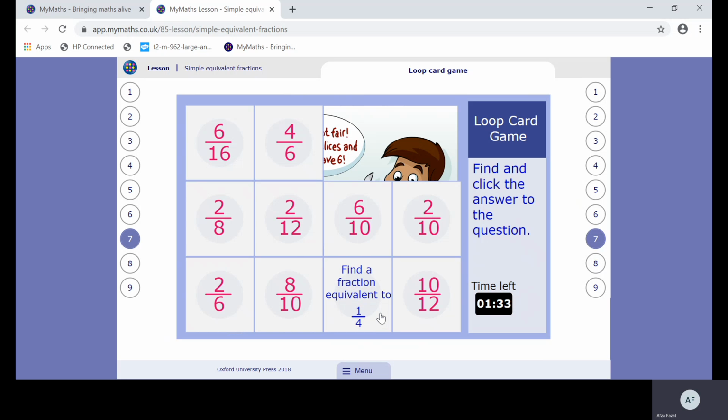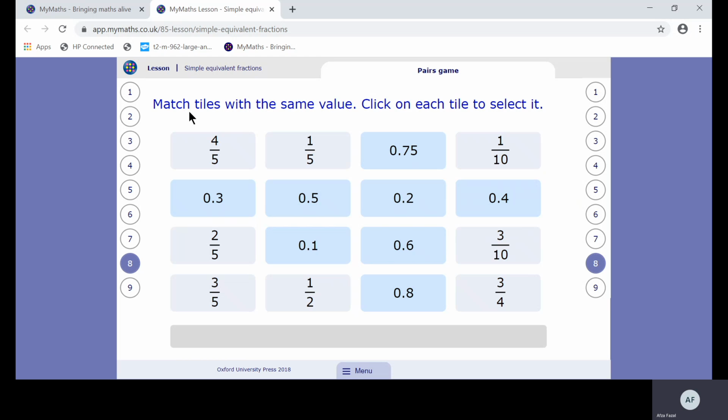Find the equivalent of 1/4. 2/8. I'm going to leave it at that. So you're looking for it and you're clicking it. So you're timesing or you're dividing to figure out your answer. Match tiles with the same value. Click on each tile to select it. So